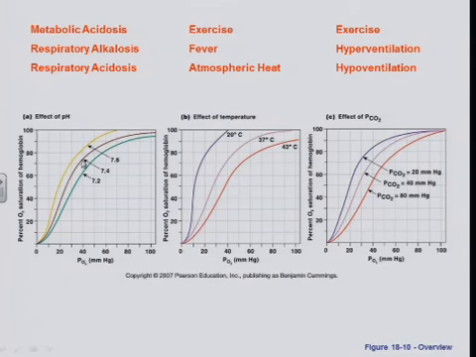The different effects, we talked about pH, we talked about temperature, we talked about CO2. Make sure you know, primarily, if we increase metabolism, we increase all three of these, or actually decrease pH. So all three of these move to the right if we increase metabolism. These are examples of other things that shift the curve to the right or to the left. Make sure you know the relationship of shifting the curve right, shifting the curve left.